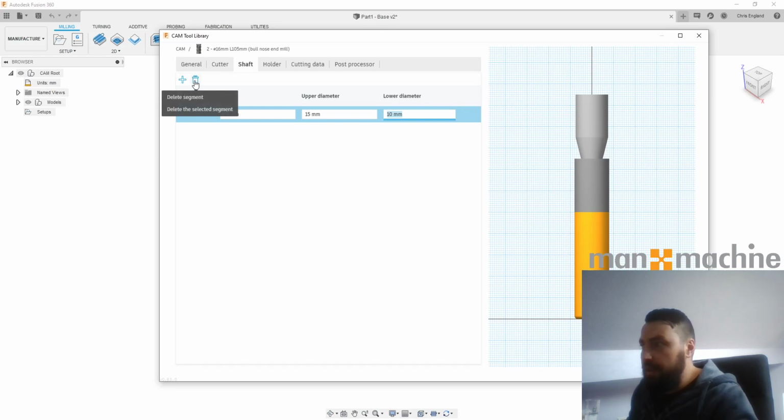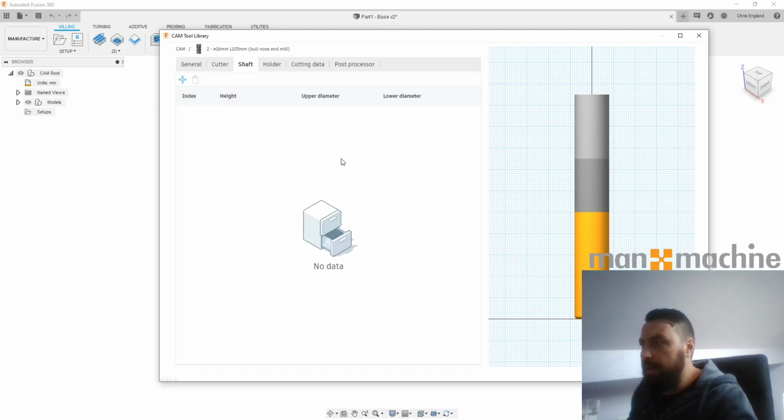I don't want anything in. I'm fine with just my generic cutter, so I'm just going to go and delete that. But yeah, it's not too important to set up your tools directly or exactly like they look in real life. I suppose if you wanted to get close precisions and you were trying to do some clash avoidance, then it can be helpful. But for the most part, as long as our diameter is correct, the G code will plot